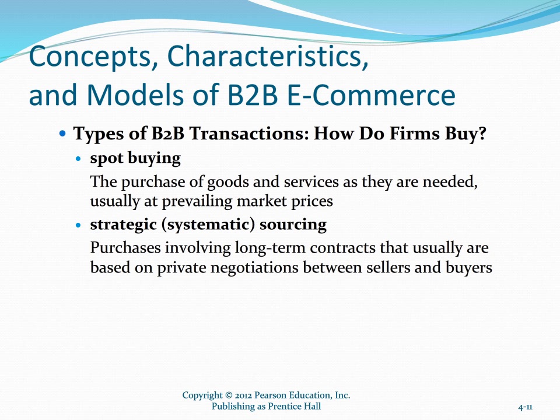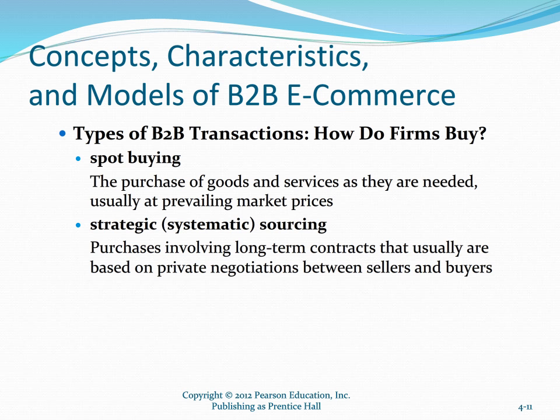In general, B2B transactions usually occur in one of two ways in terms of the purchases that are made, either through spot buying or strategic or systematic sourcing. Spot buying really refers to things like what you might buy if you go to the store. You go through the store, you identify various things that you might be interested in, and you make a purchase. So these are the things that a business might need to purchase, that they purchase as they come up,